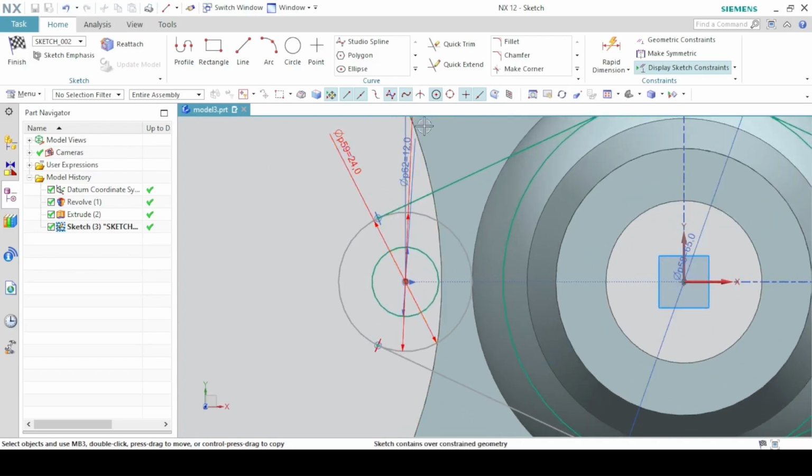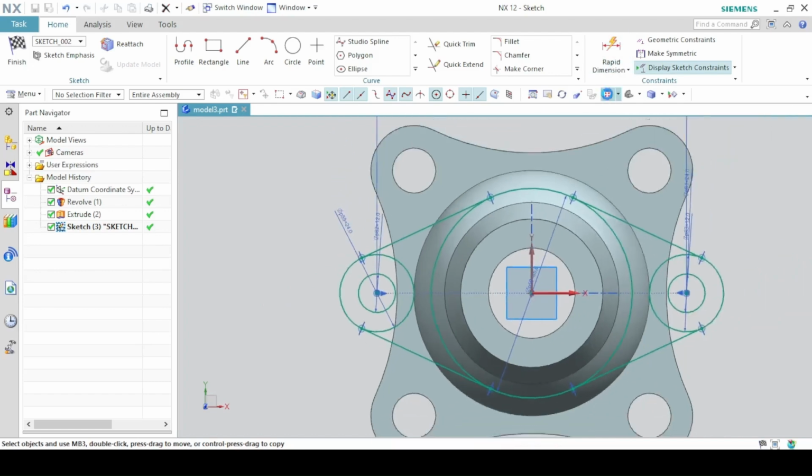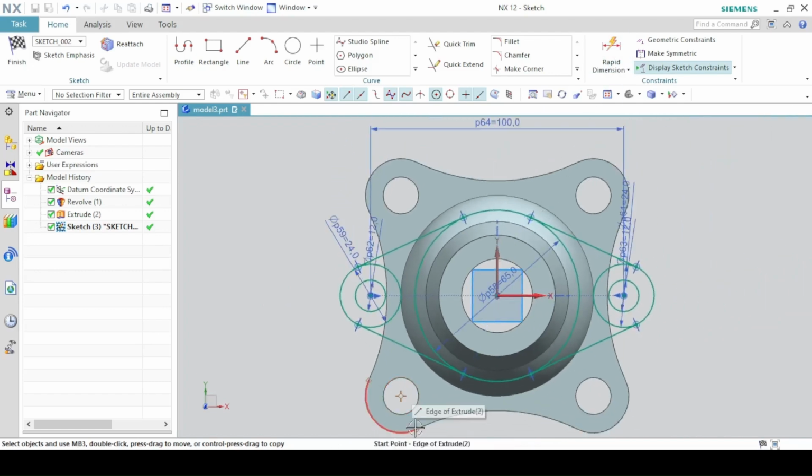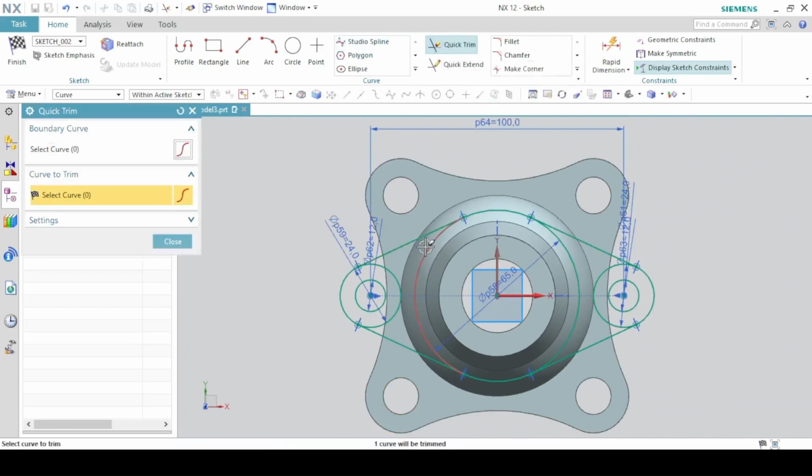You can see the sketch is over constrained, so we try and work out where the over constraining is. So delete one of these dimensions and the sketch will come back to not over constrained, or the sketch is fully constrained. You can trim the unwanted arcs,